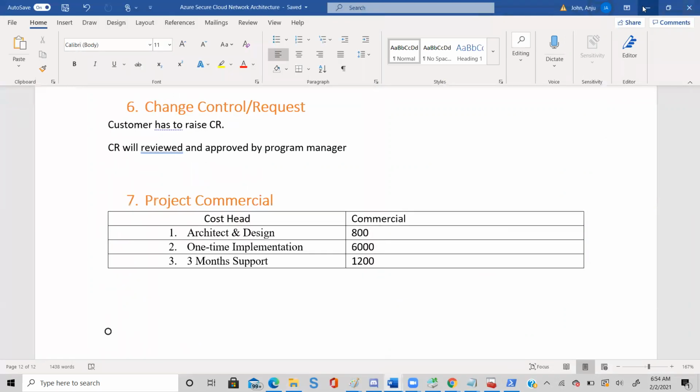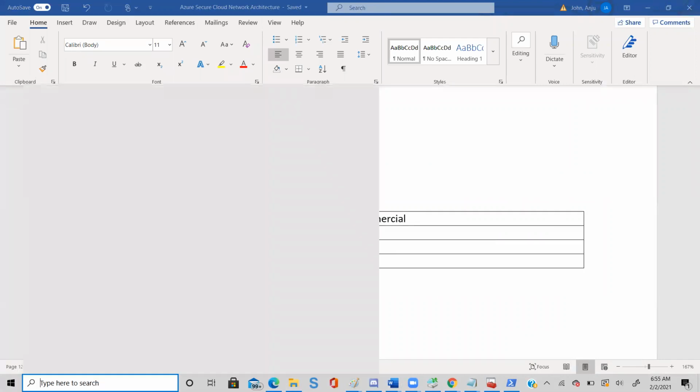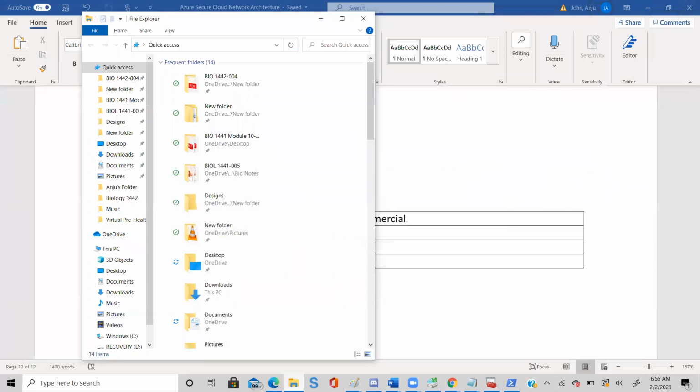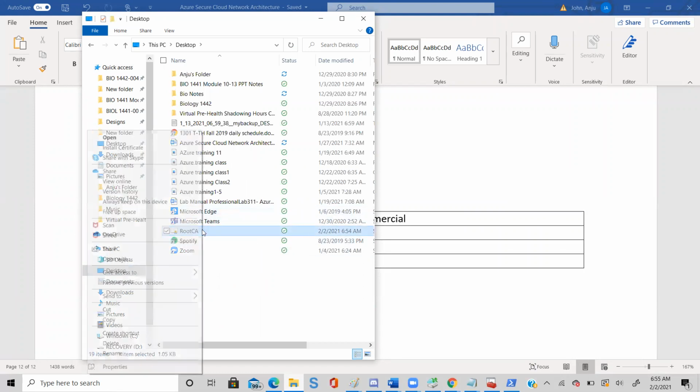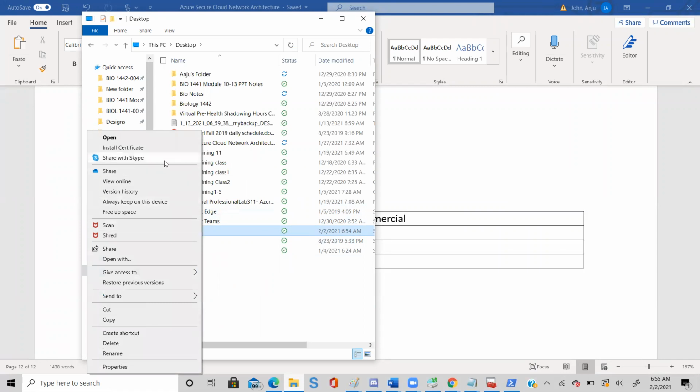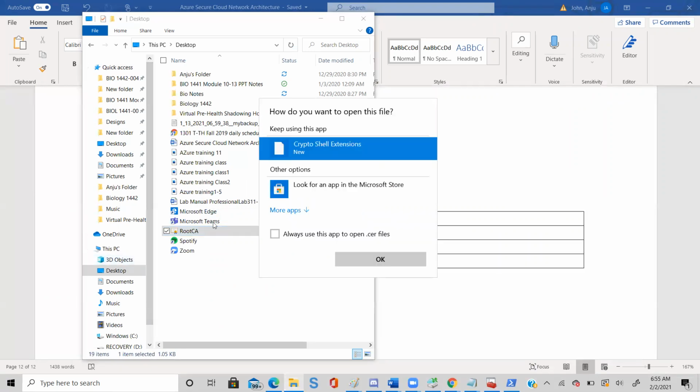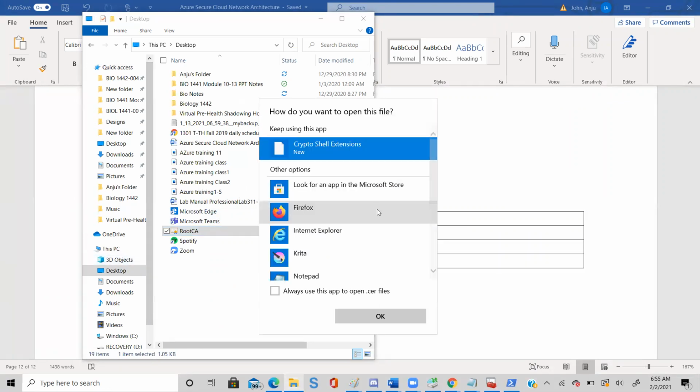You can click from here also. One second. So I will come to desktop. Yes, the root certificate now. So I can right click and say open with Notepad.